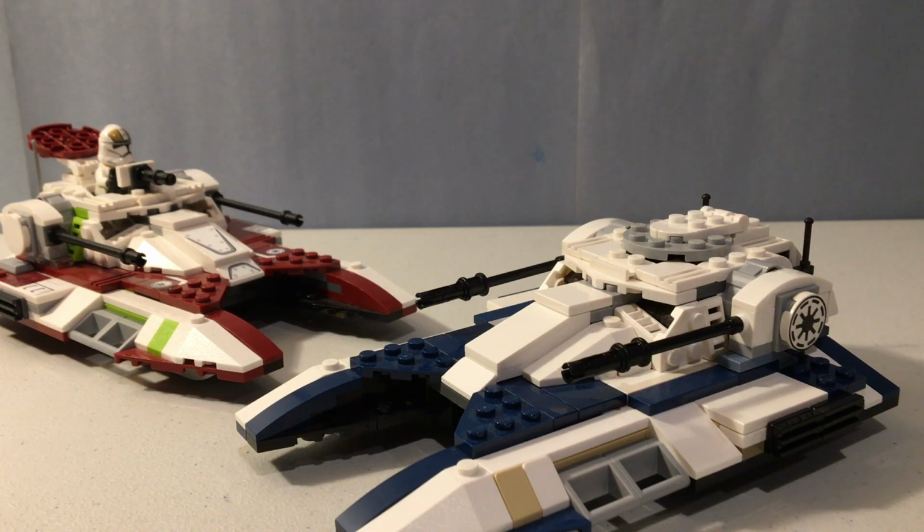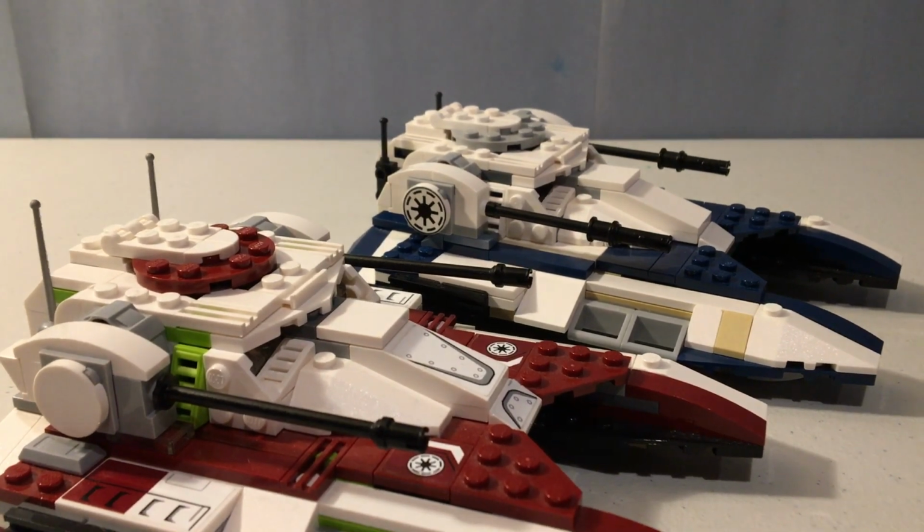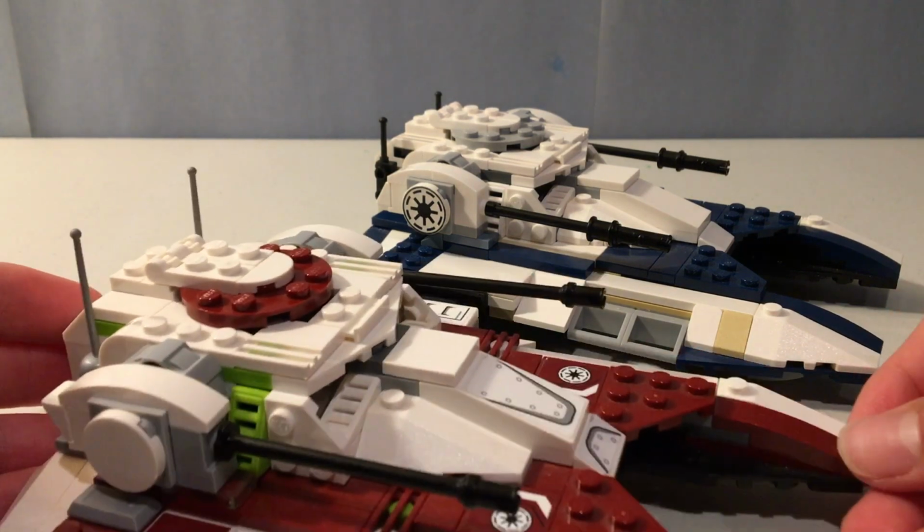Now, just a little disclaimer, this won't be a straight tutorial, it'll be more of like a guide. So with that out of the way, let's start modding. Alright, so the area that we're gonna start off first with is the very top. So as you can see,